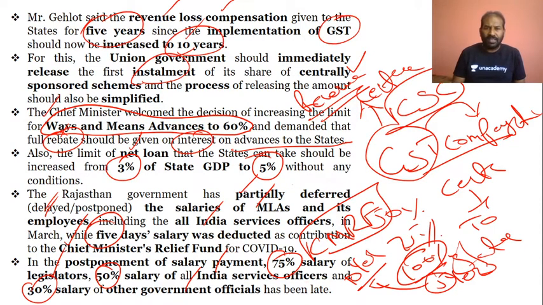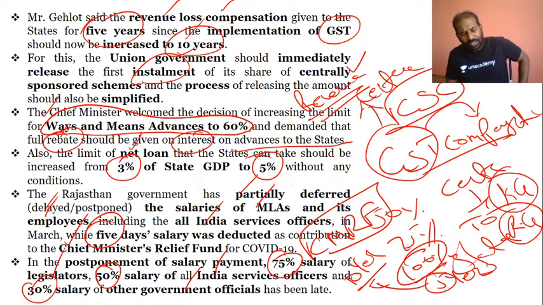So we have seen this kind of thing from the Kerala government. Yesterday we have seen in the news Kerala government, and today again Rajasthan government has come up with this. So there is a point made by Kerala government and Rajasthan government that the center has to come forward to make sure that they will definitely protect the states from falling into debts or financial debts.